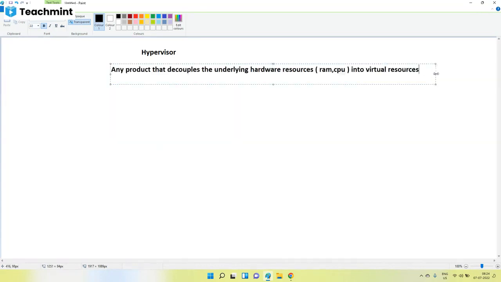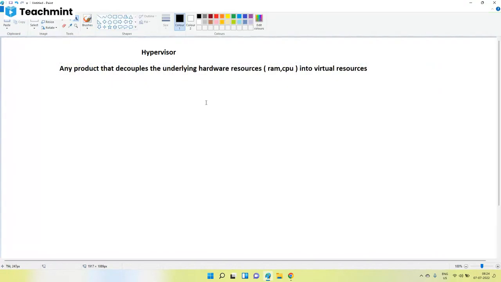I'm giving this in my own words for ease of understanding. You can Google it for the technical definition. Hypervisor: any product which will split the resources from underlying hardware to the virtual machines. That means